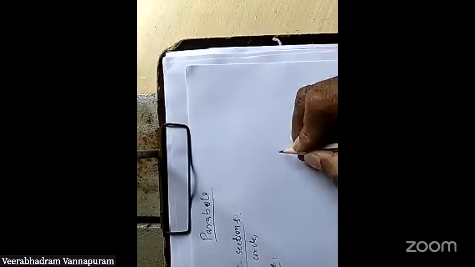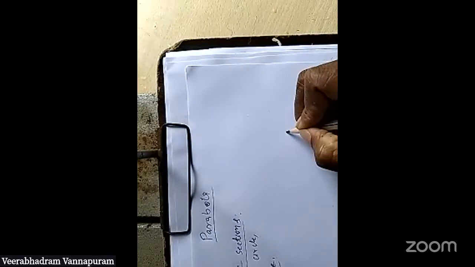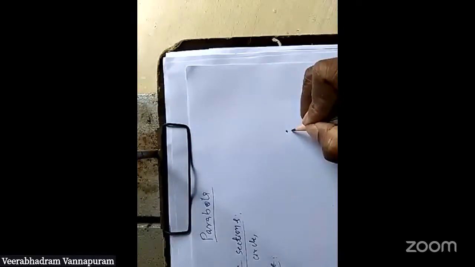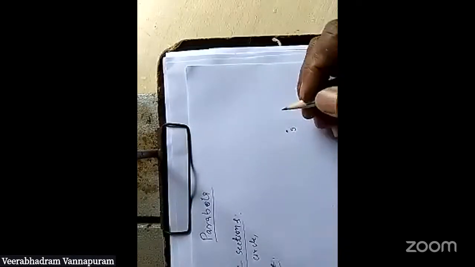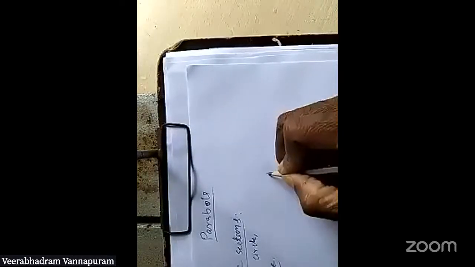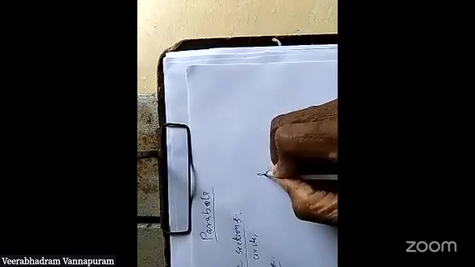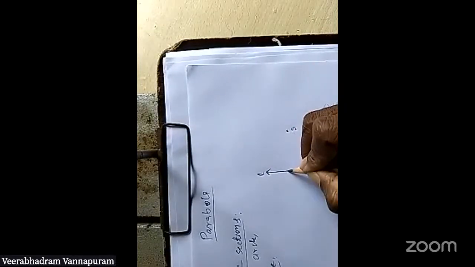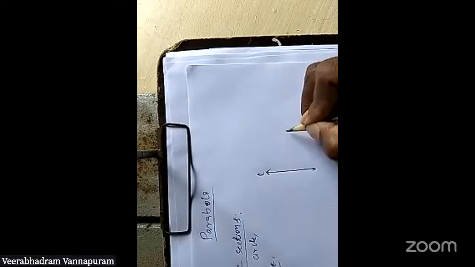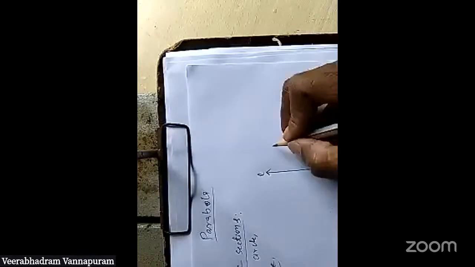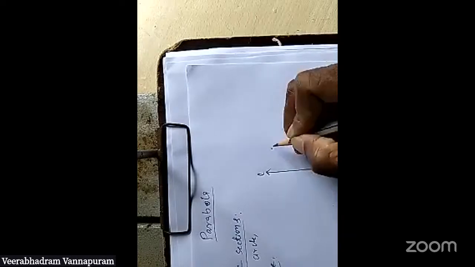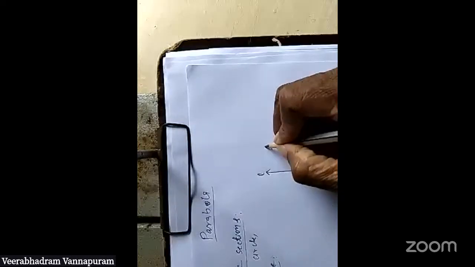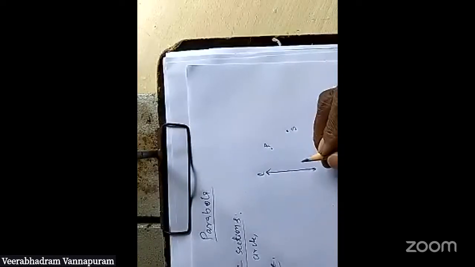So let us take a point S in a plane and a fixed straight line. Let this be L. So this is a fixed point and it is a straight line. The locus of a point, for example, let's take a point P. The locus of a point is moving on a plane such that its distances